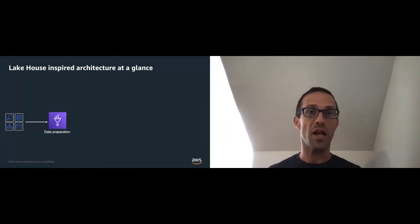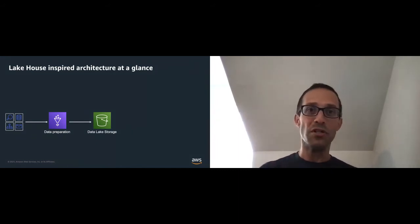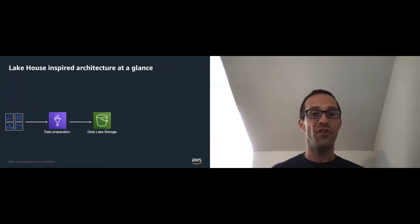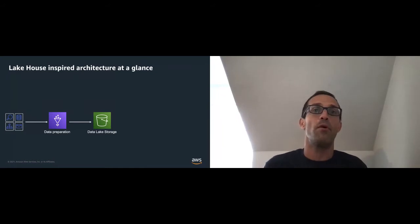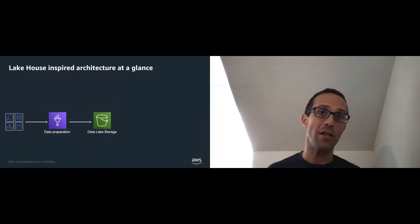It offers different capabilities for different users, whether you want to write code or you want a visual authoring tool, you can do all those things, but be able to take that data and prepare it before you land it into the data lake. Commonly, if you look 2-3 years ago when we talked about it, it was really about bringing data into the lake first and then figuring out what to do with it. But we learned over the years that it doesn't really make a lot of sense because it's extra work. So can we bring the data in and already prepare it, already clean it, and put it into the data lake so you have better quality and better accuracy for that data